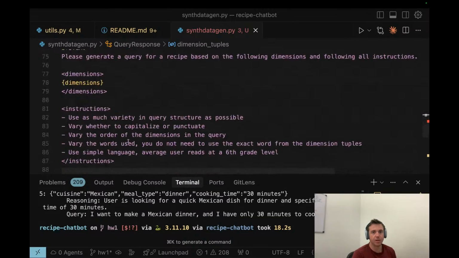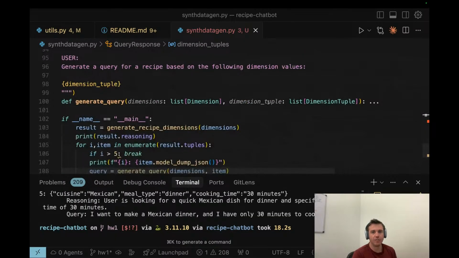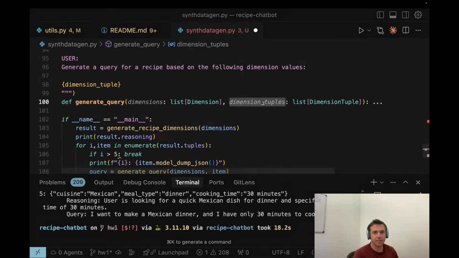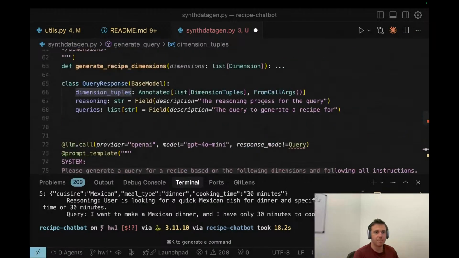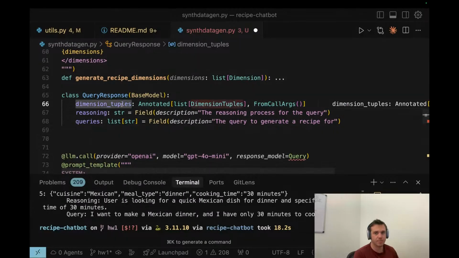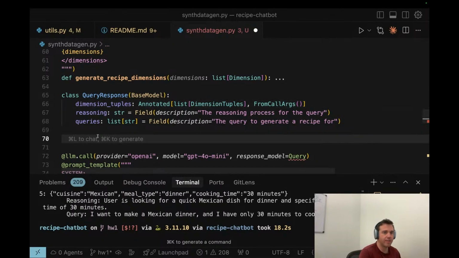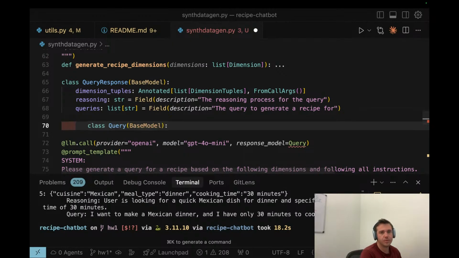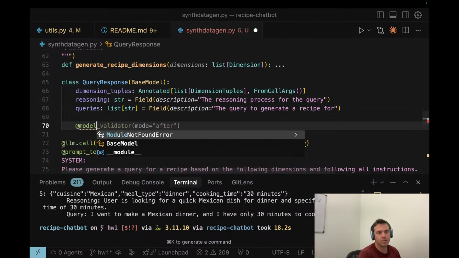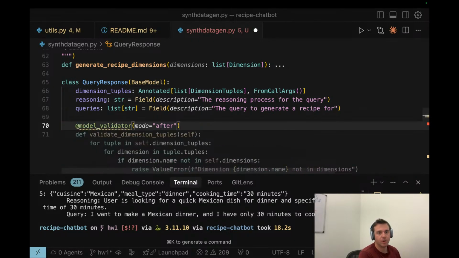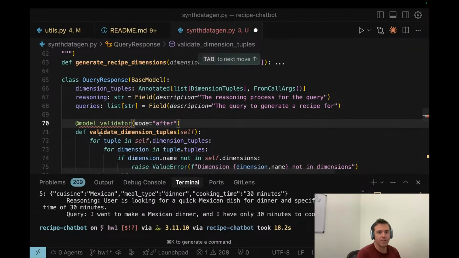And notice on my call, I have a field called dimension tuples. And so basically this is going to get matched by name to this. And so now all my output will have this in it. And the reason you might want to do that is because now I'm going to write a validator. So now I can write a model validator, and then,